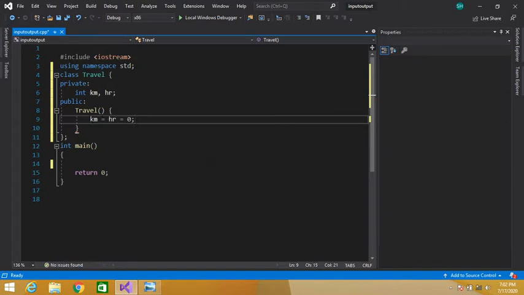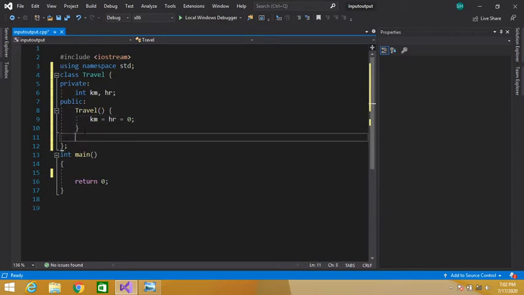In this way we can initialize multiple data members with the same value. So both hr and km data members contain 0. We have initialized them with 0. Okay, now let's define our functions.